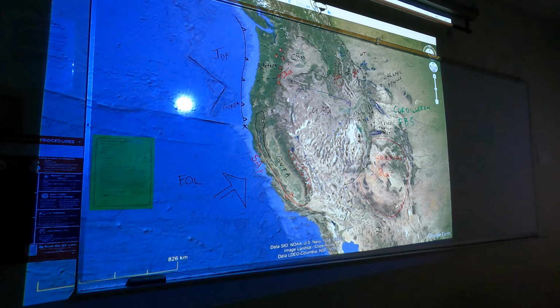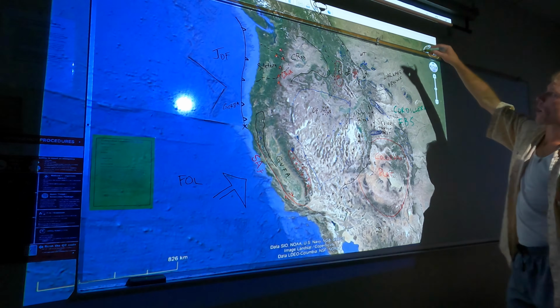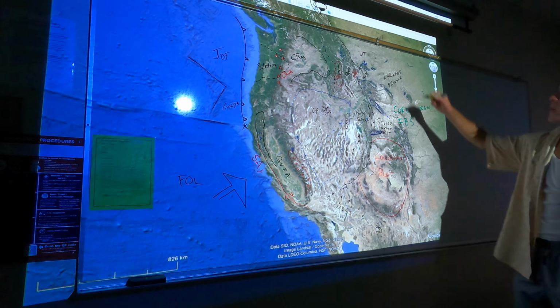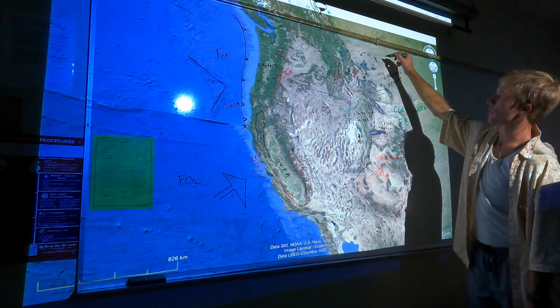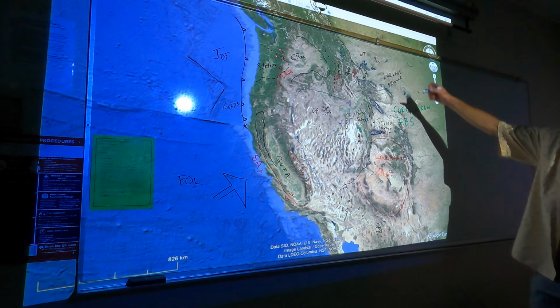And kind of one of the last things I think of that's kind of interesting is I just know that a lot of these rocks out here in what I've labeled as the Foreland Basin system, I just know from working in Montana, these are a lot of Cretaceous rocks. And when I think of that and when I think about where those rocks came from, I envision the Western Interior Cretaceous Seaway, the WICS. And this was during a marine transgression. This was actually a